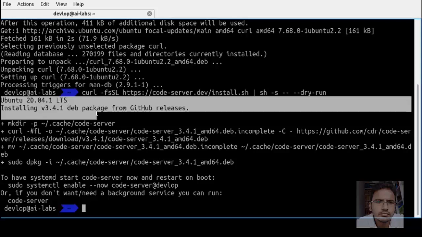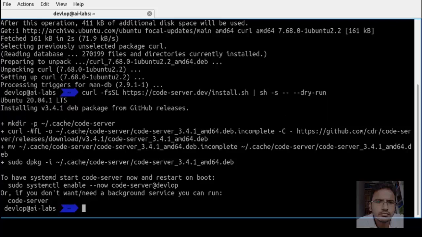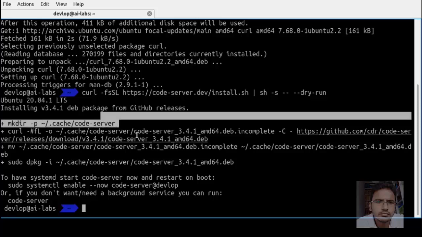It will show you, for the first time, the setup guidance. It will make a directory in the .cache folder with the code server name, then download the Debian package from the GitHub link, then install the package.